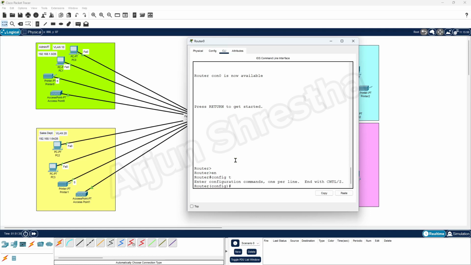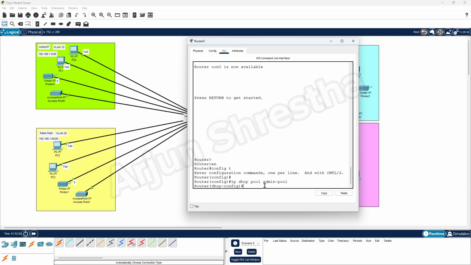Now here, IP DHCP pool, and for these IPs, what I do, I have to do admin, right? So admin pool, like this name. Okay, enter. Now what I do, network is